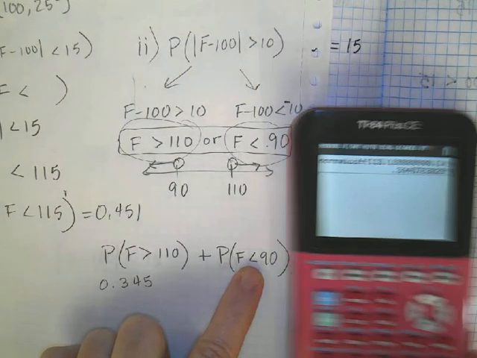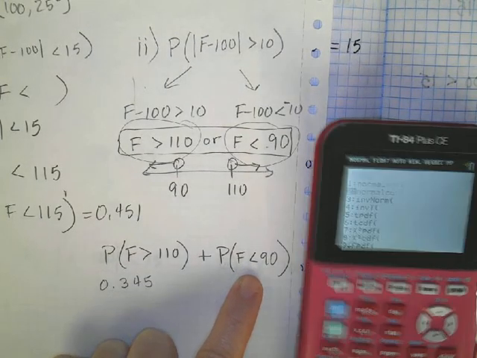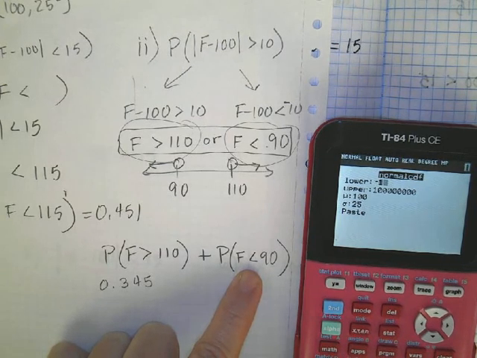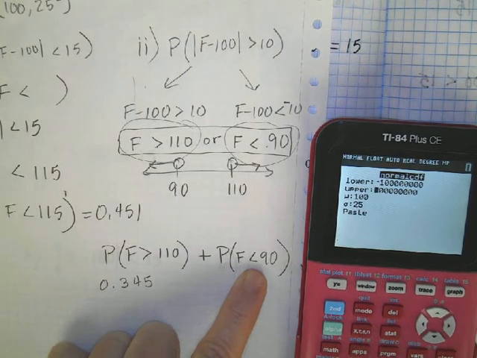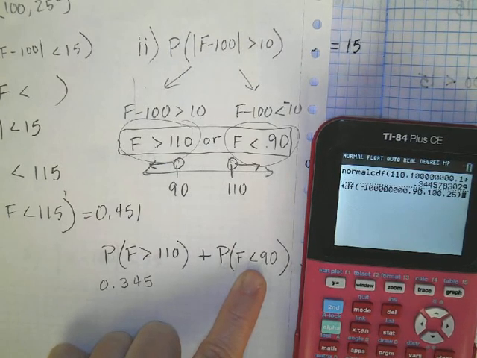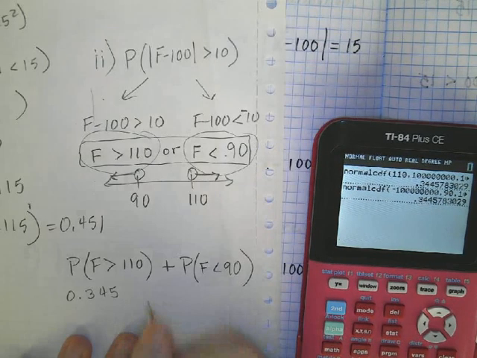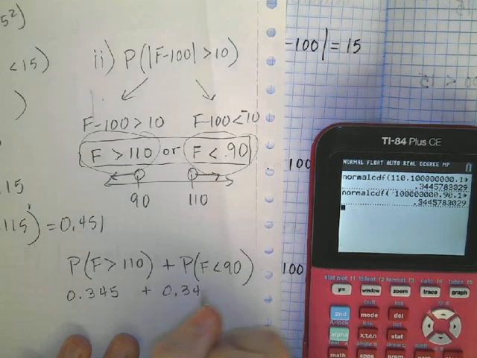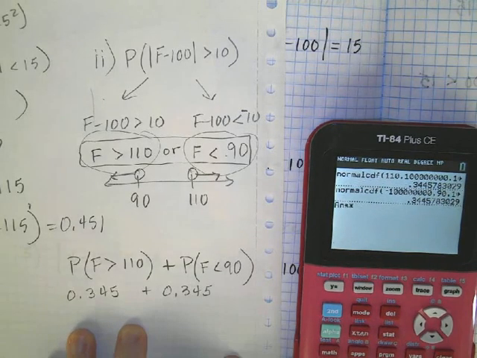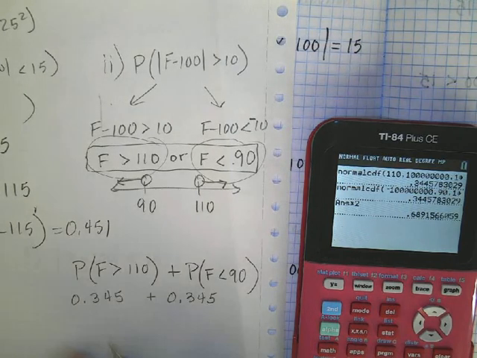All right, and then let's do the other one. Second normal distribution. And here I want to be less than 90. So my lower limit is going to be some majorly negative number, and my upper is 90 because I want to be below 90. Same mean, standard deviation, and boom. Oh, look at that. I get the same answer again. Whoa, that was interesting. Very interesting. So since they're both the same, instead of adding them, I can just multiply one of them by 2, and I get my answer, which is